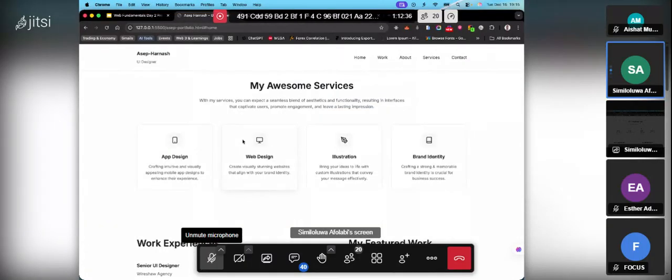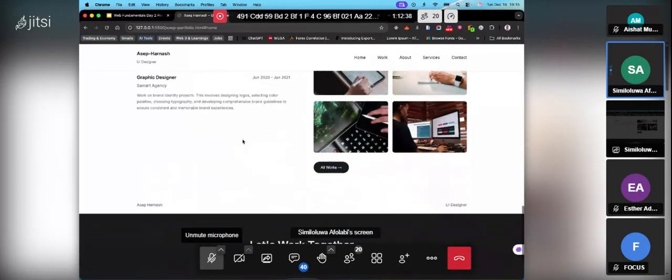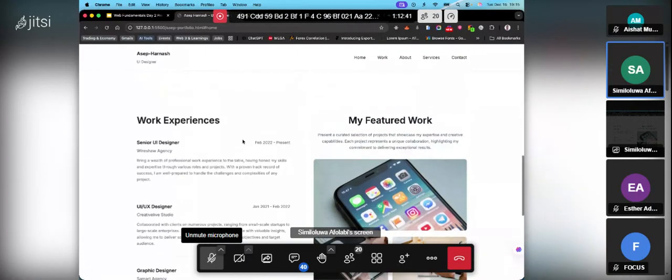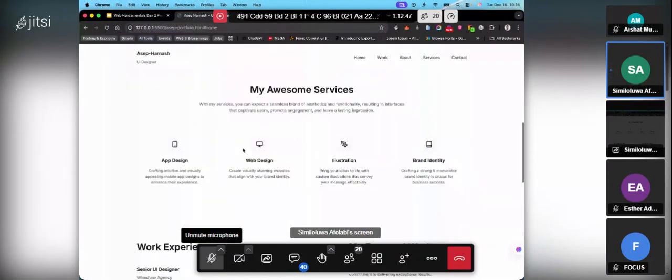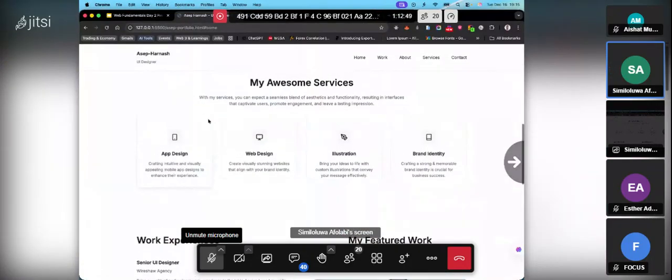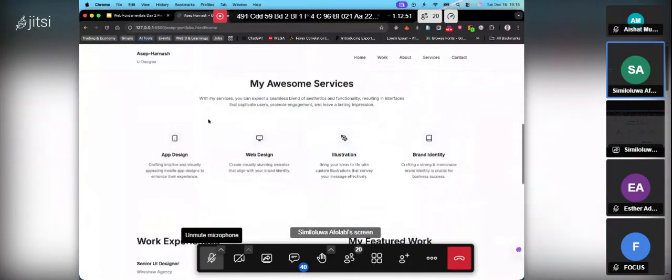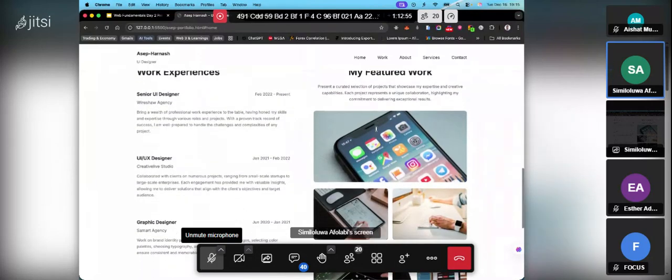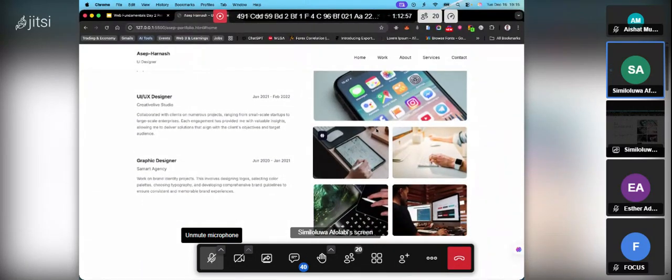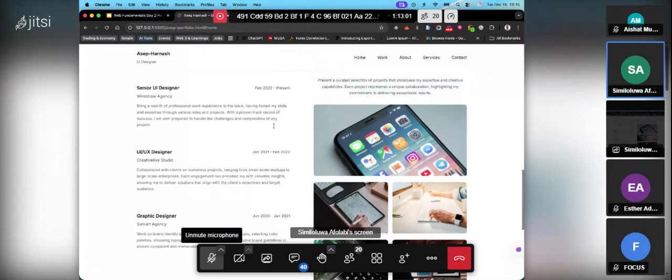And with that, we have done the services, and what's next is the work experience before the footer. So this work experience is a little bit dynamic from what we have been doing before, because all we have been doing has just been quite straightforward. But work experience now has this whole part and this whole featured work aspect. So we have to ensure that we are building it the right way. Okay,